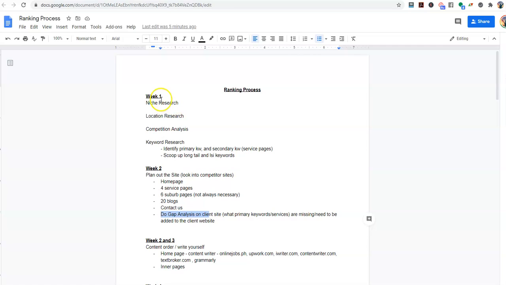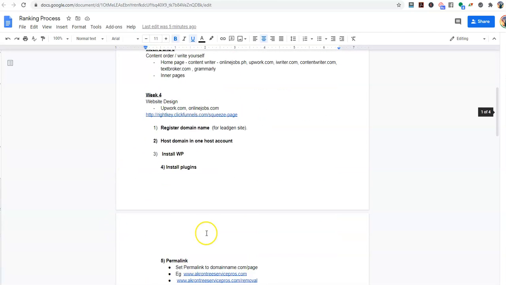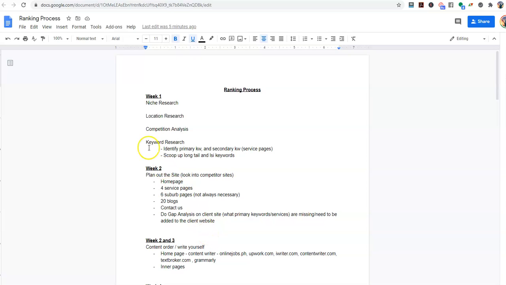So I've just broken it down into week 1, week 2. Really, it's up to you, your skill level, how much time you have, things like that. I can do all of this in week 1. I honestly can do all of this in day 1, like one day. But if you're new, it might take you a week, maybe a couple of weeks. So don't fret over this timeline. Just understand this document, the process, is really to give you, okay, step 1, step 2, step 3. Before you go to step 5, you need to make sure you have step 1, step 2, step 3 done, right? So let's take this from the perspective of ranking a brand new fresh domain and ranking a client site,